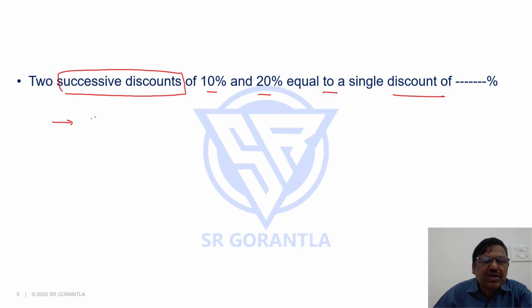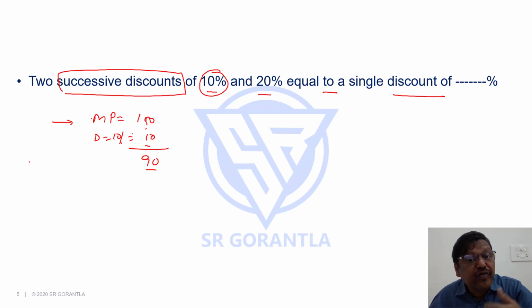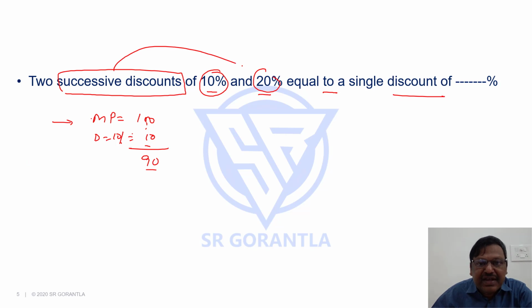Suppose the market price of an article is 100, because discount is always given on market price. If there is a discount of 10%, 10% of 100 is 10, at what rate will the article be sold? 90 rupees. But when one more discount of 20% is given successively,